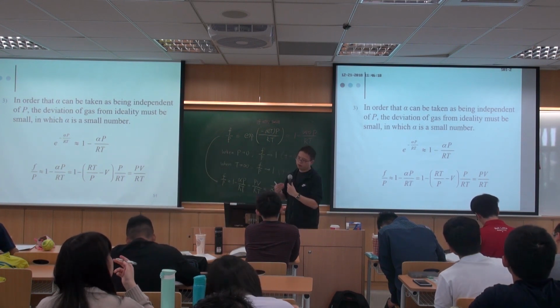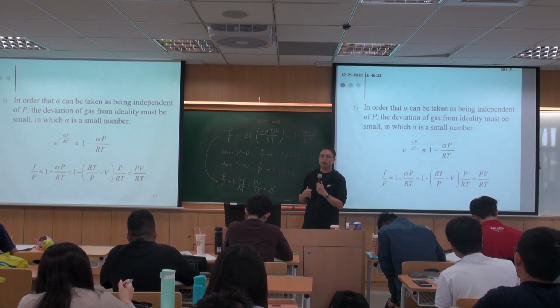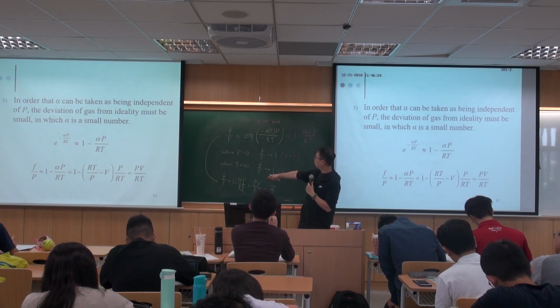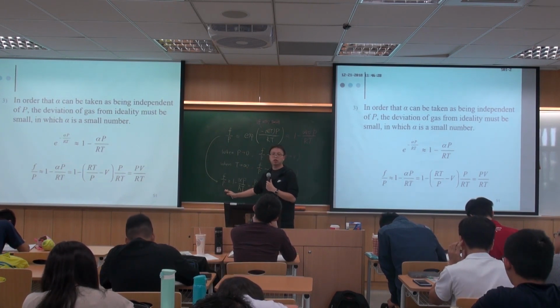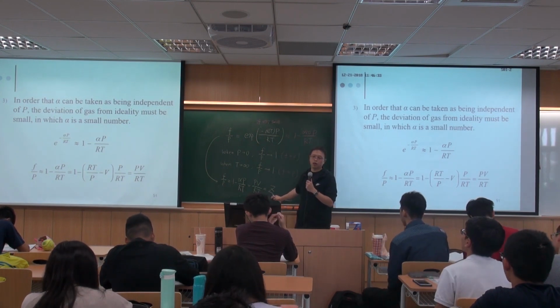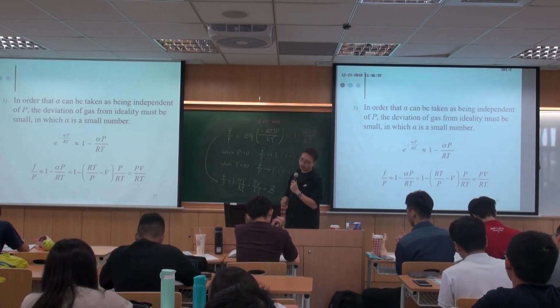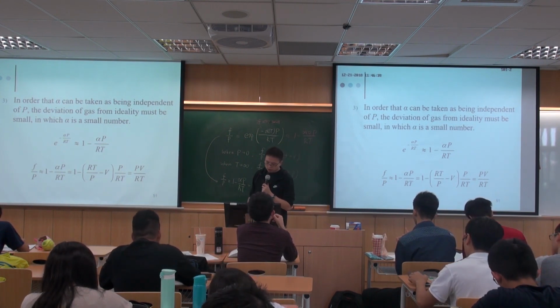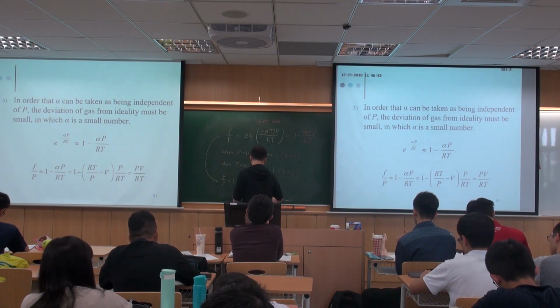So you'll see that these different definitions all have the same expected result. When P is close to 0, T is infinity, F over P is close to 1. Therefore, this factor Z is also close to 1. When we first saw this definition of Z, we already discussed that. And more importantly, you'll see that later,